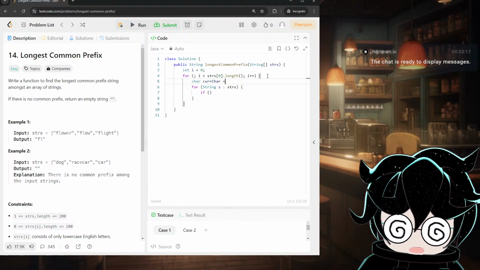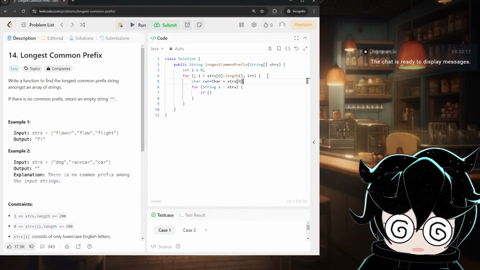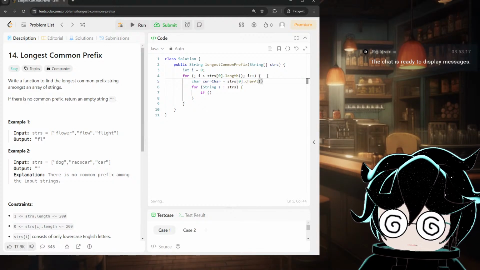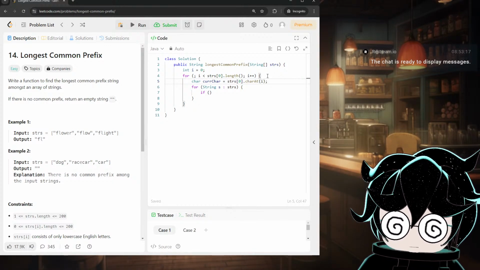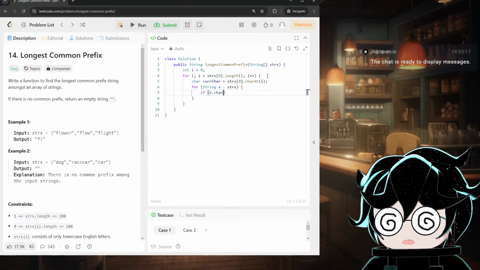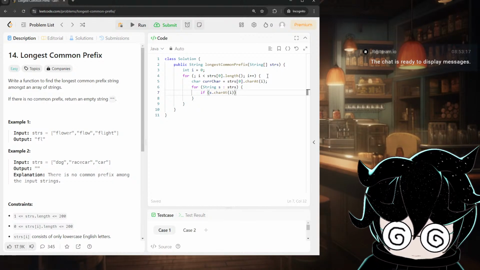Current char is equal to strs 0 dot charAt i. Okay, if s dot charAt i